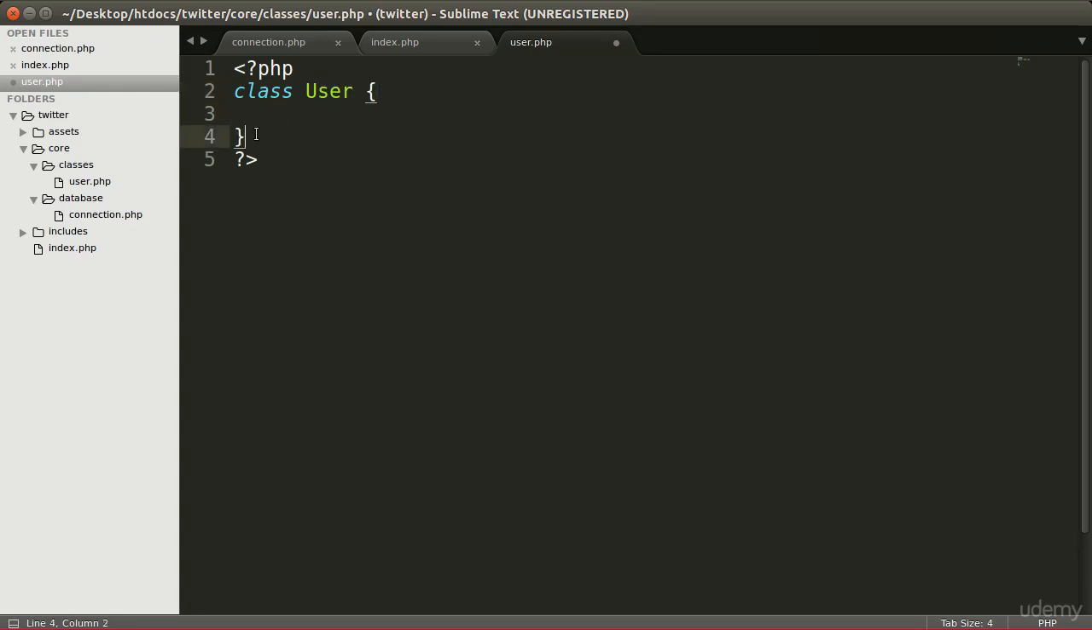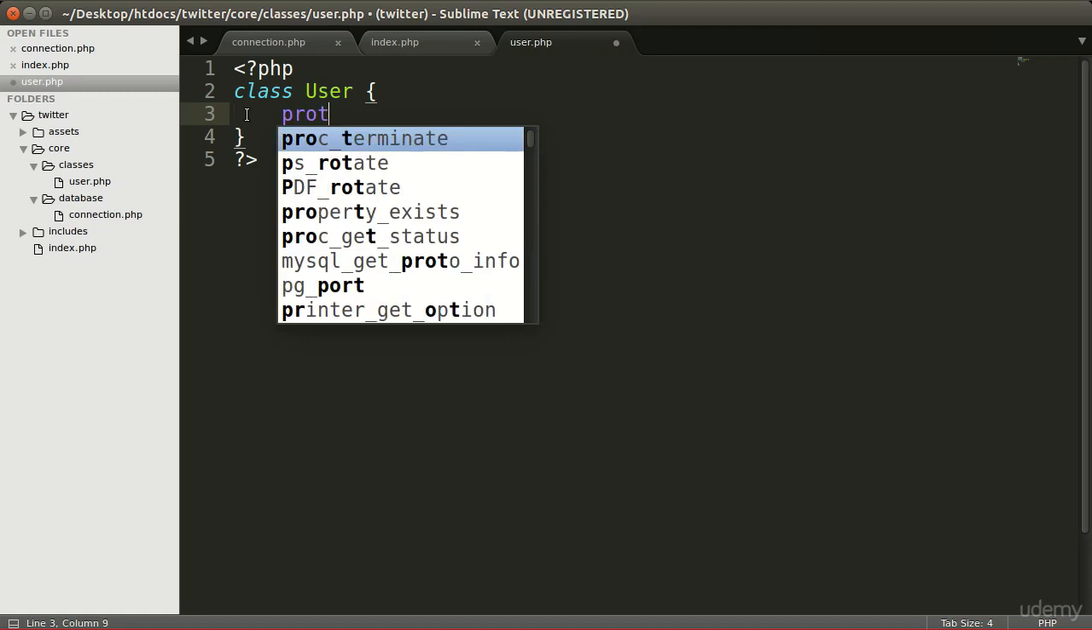This is how we define the class. Classes are basically the blueprint for objects which contain methods. Now we create the protected variable to access our PDO variable in the classes which extend this class, or the parent class. So we need to use the protected scope, so type protected,